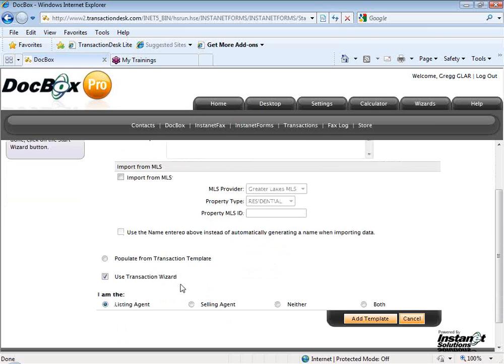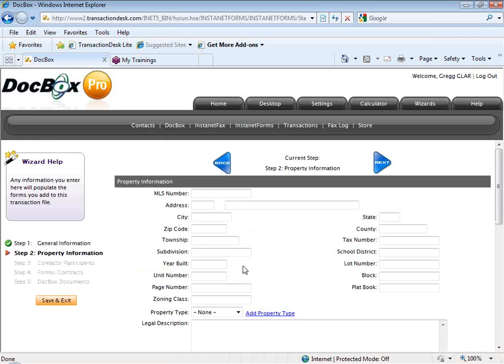Scrolling down, you'll see we're going to use the transaction wizard to start our new file, to walk through the steps of adding this detail to our new transaction file. We're going to use the wizard. We're going to click here to Add Template. Clicking on Add Our Template, we're going to walk through the wizard and add any core or standard detail to